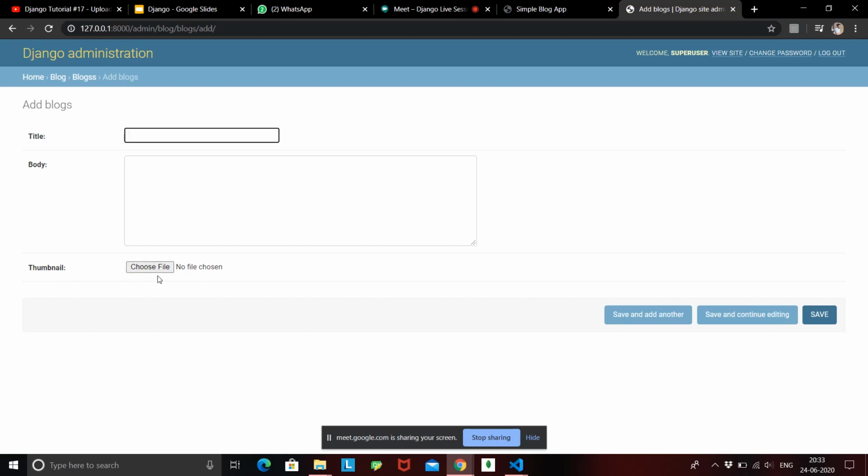That means this is an image field. So that is how an image field works, or basically how all the fields work. A text field will give you an entire area to write. A char field will give you a small space to write, and an image field will give you an option to choose a file. Okay, so let's create a new blog, we'll say first blog,